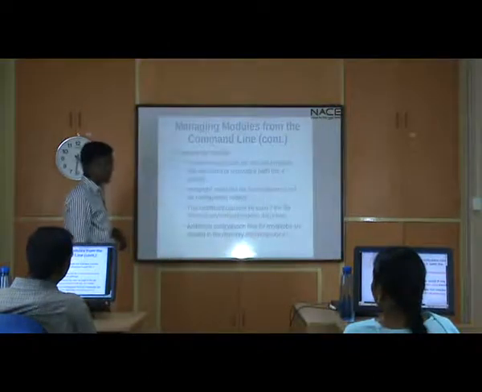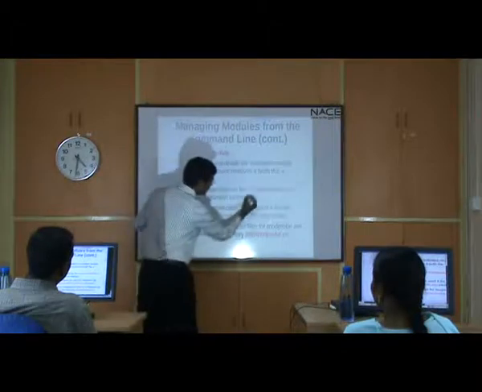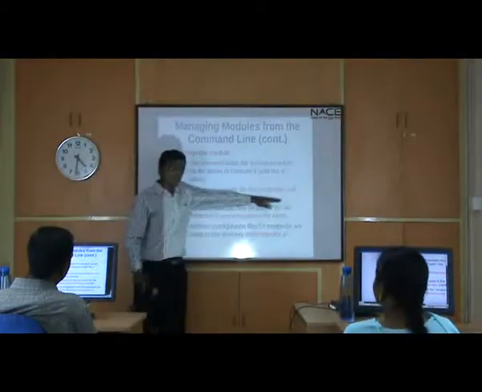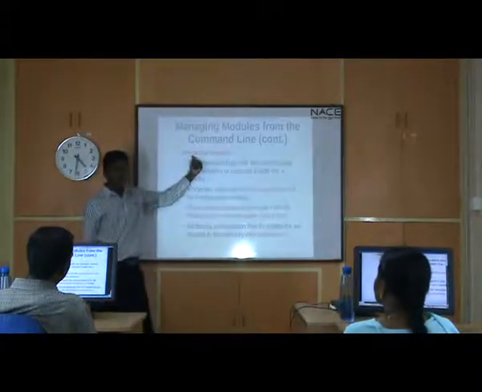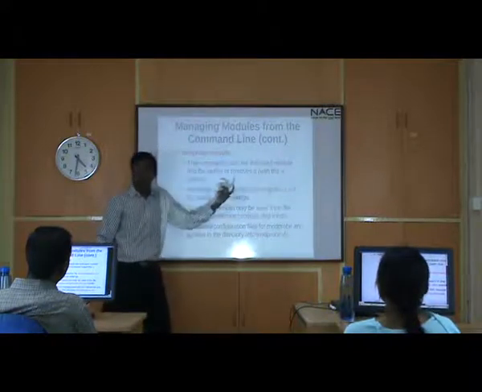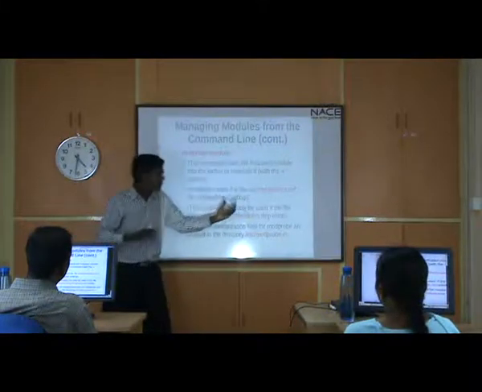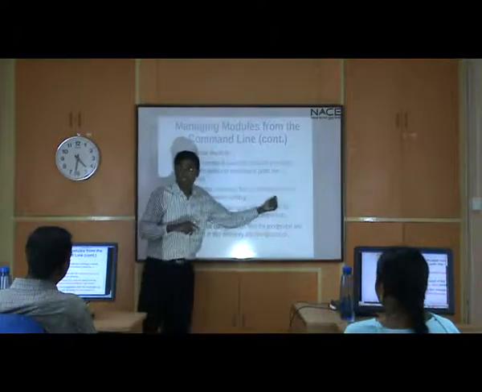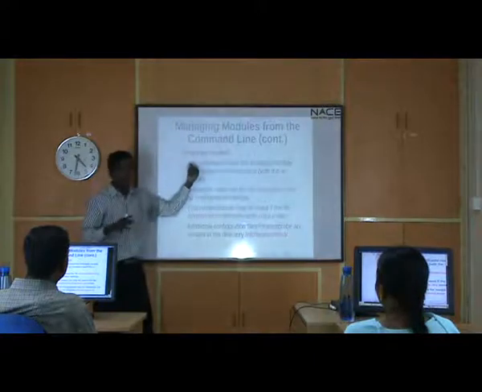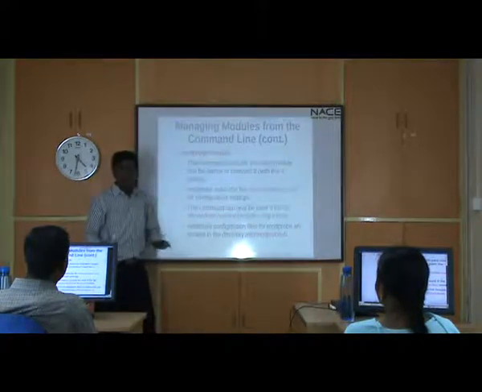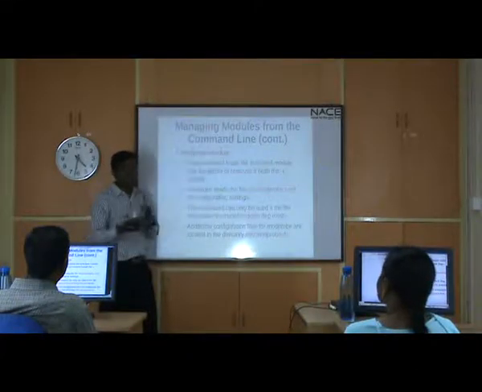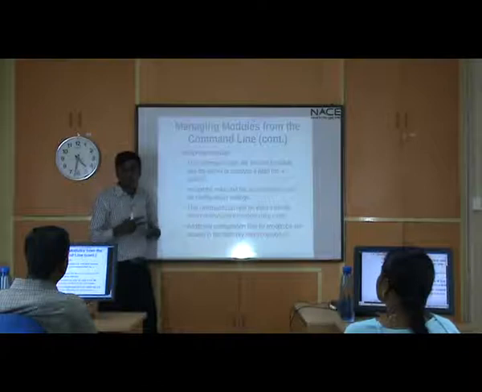So the things happening are, there is something called /etc/modprobe.conf. This file gets read whenever I use the modprobe command, but whenever I use insmod, this never gets read. So if you want to make certain changes to your kernel modules, you can do it with modprobe. You can actually edit this configuration file. That is the main advantage. If you are using insmod, I would recommend not to use insmod. The best safe way is to use modprobe, because it automatically resolves the dependencies, right?